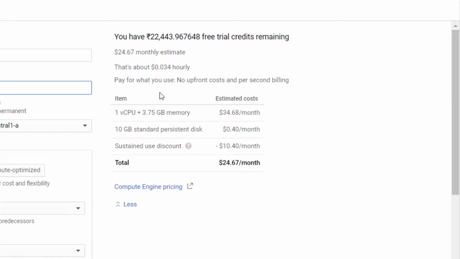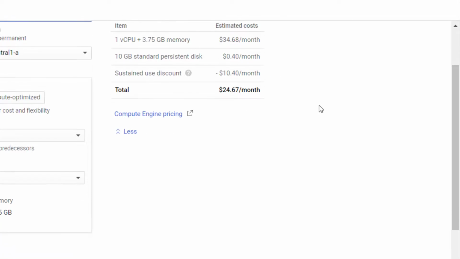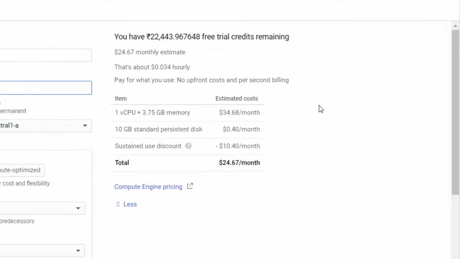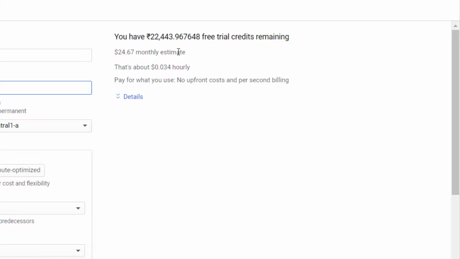So if you keep it on for an entire month, it'll be around $24.67 roughly per month. And you don't have to worry about anything, as this won't charge from your bank account. This will only be from the credits which they have provided.